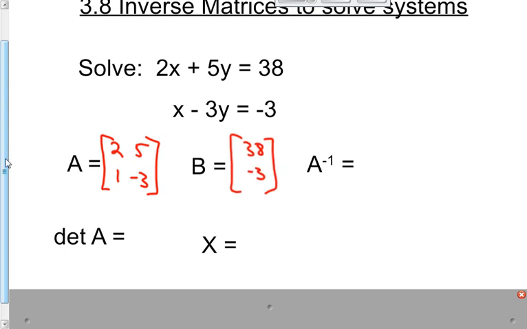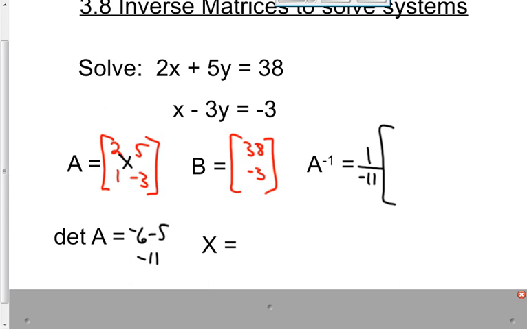Now we're going to come down here and do the determinant of A. Determinant, remember, is diagonal minus diagonal: negative 6 minus 5. That's negative 11. Now we're going to use that determinant and come over here to do our inverse A matrix. This is what we learned yesterday. So the inverse matrix is 1 over the determinant